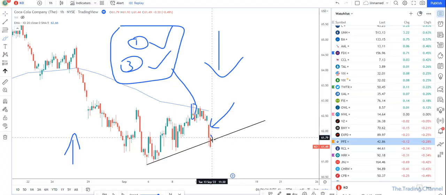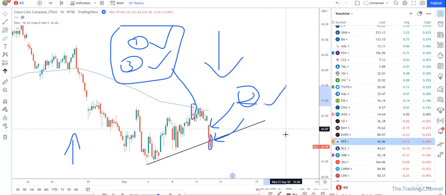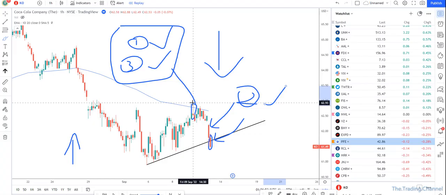This is the candle that opened and closed below the trend line. This is called your chapter 2 pass, right? So as of today, if you want to short it, by all means, you can short it at about $61.50, right? Before you short, do your stop loss. I believe all of you should know stop loss is called